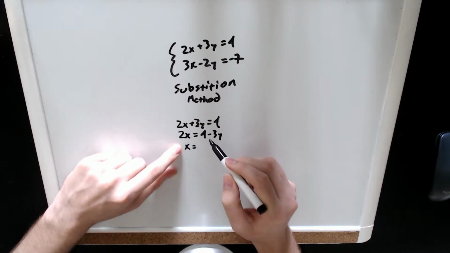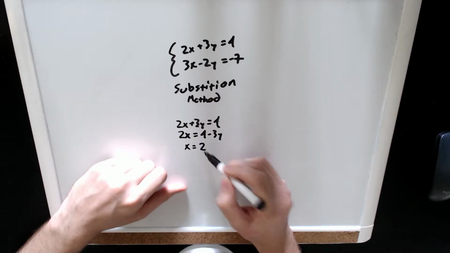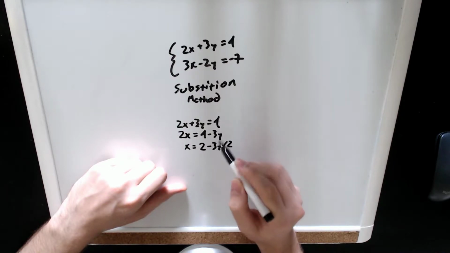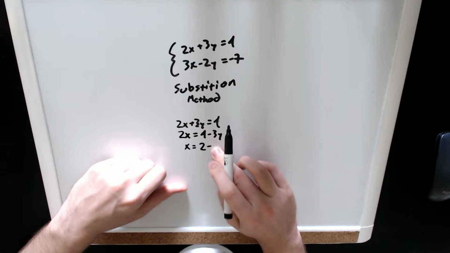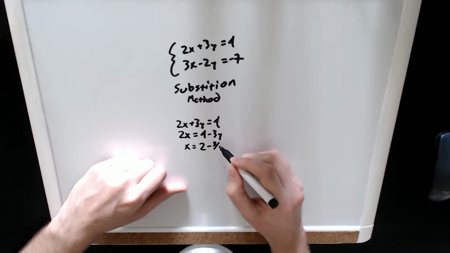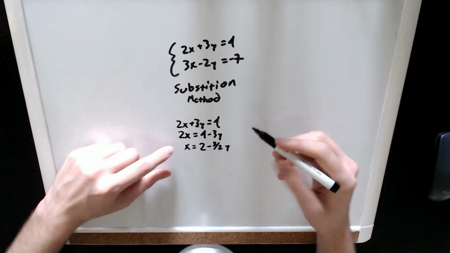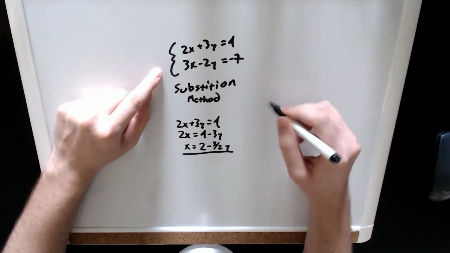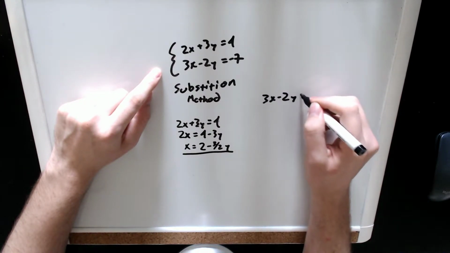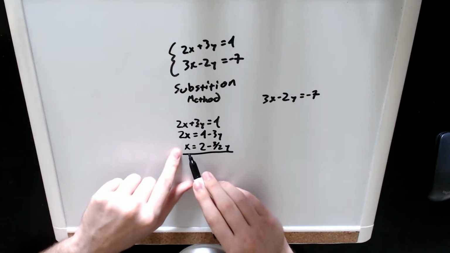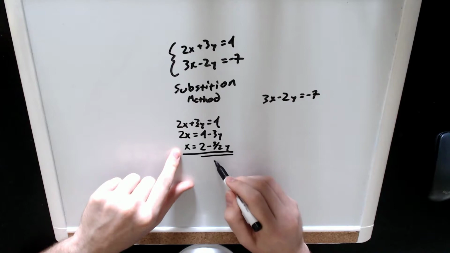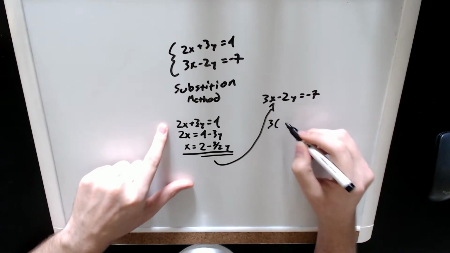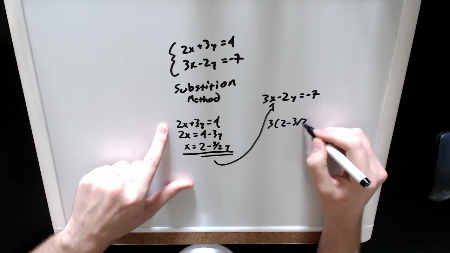2x divided by 2 is x. 4 divided by 2 is 2. And negative 3y divided by 2 is negative 3y divided by 2, which can also be written as negative 3 over 2y. So we have this now, which we can substitute in to the other guy. Let's take 3x minus 2y equals -7 and substitute in what we know for x, and solve from there. So we'll have 3 times the quantity 2 minus 3 over 2y